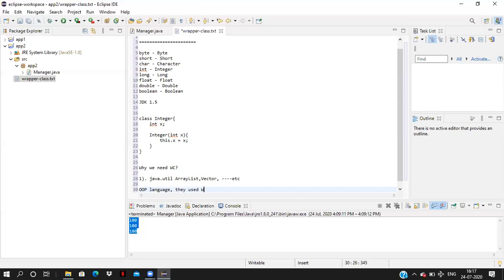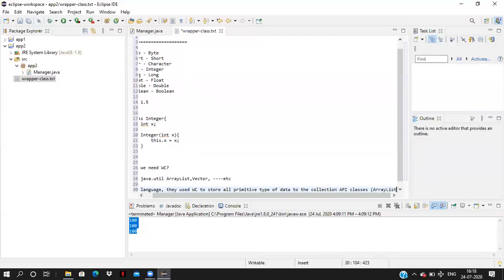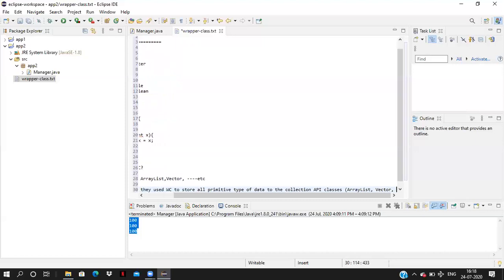They used wrapper classes, I'm just putting WC, to store all primitive types of data in the collection API classes, for example, ArrayList, Vector, and so on.